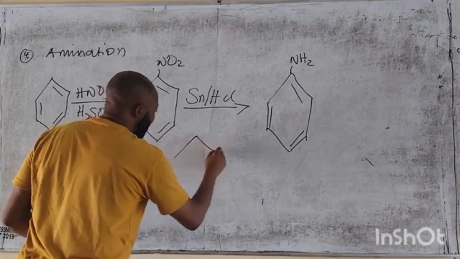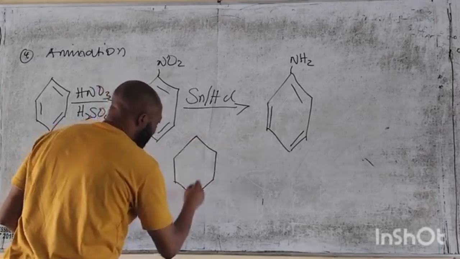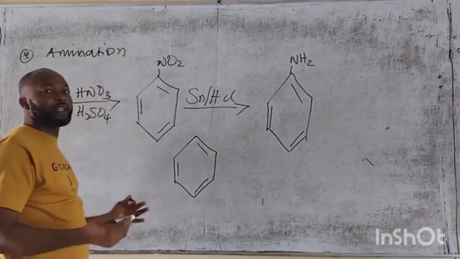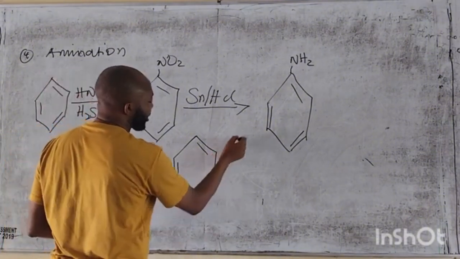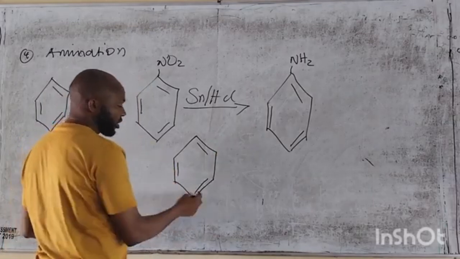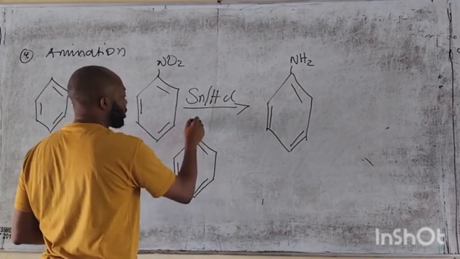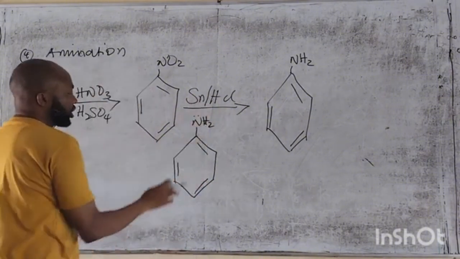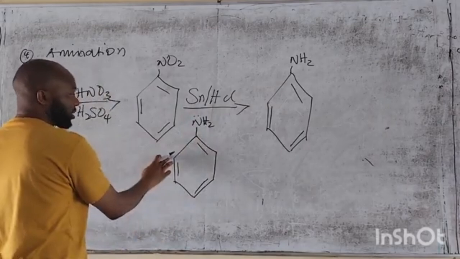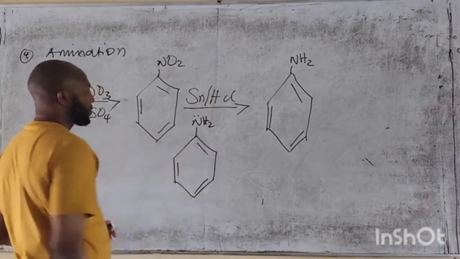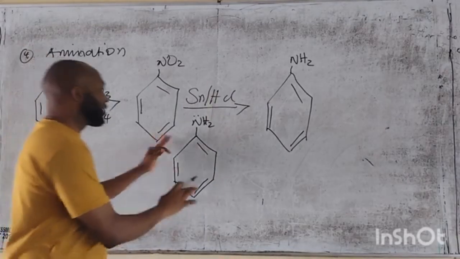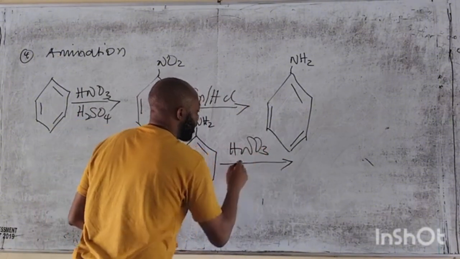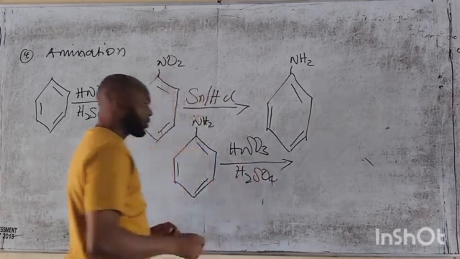So this is my benzene compound. Any position that is being taken becomes your position 1. So if I put anything here, this becomes 1. If I put anything here, here becomes 1, whatever it is, the first group. So let me call this NH2. This is my position 1, so this becomes 2, 3, 4, 5, 6, or vice versa. Now, having gotten this, if I decide to react this with HNO3, H2SO4, I'm going to get